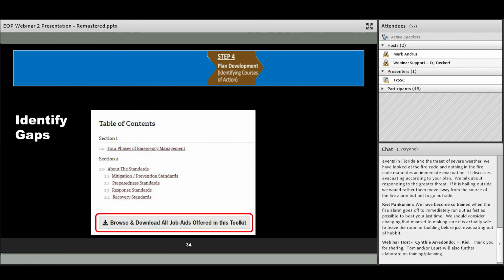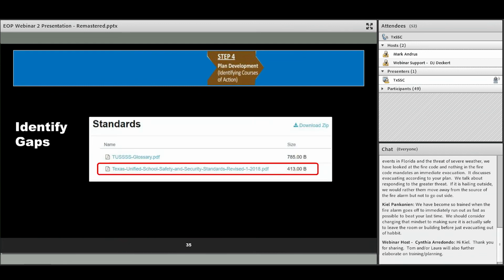And again, you can read about the standard. You can also pick each one of the different sections, like under section 2.2, we show mitigation and preparedness standards. You can just click on that and get the specific standards and the citations requiring those standards for mitigation, for the preparedness portion of the Texas Unified School Safety and Security Standards.